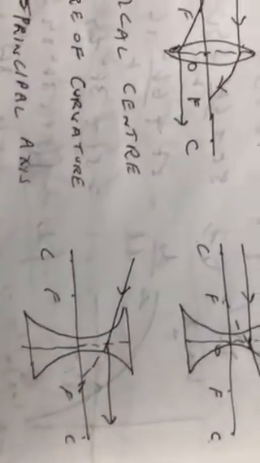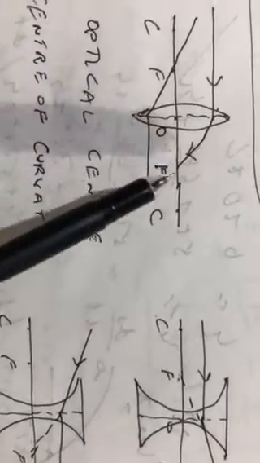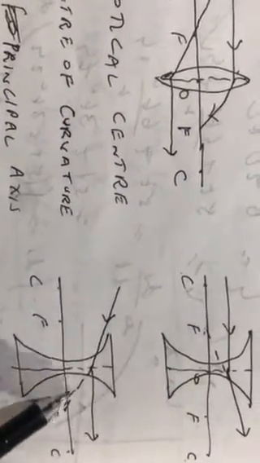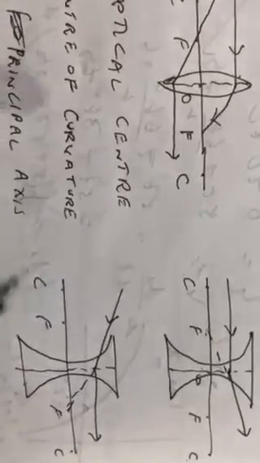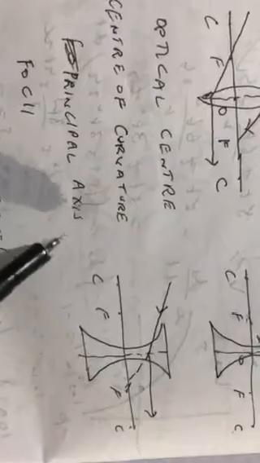What is the difference between the real and virtual? Actually, if you can get the result by the actual projection of the ray, that is called real. Otherwise it is called virtual. So these two are virtual, right? Now, and of course this applies to diverging lens also, that focal length is R by 2. This applies to diverging lens also, this particular concept.